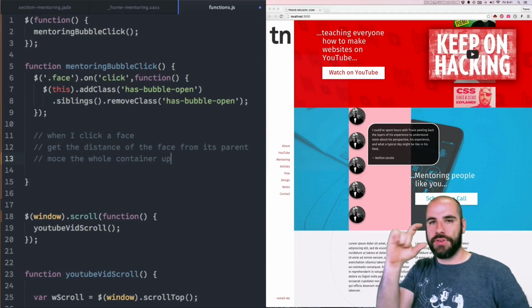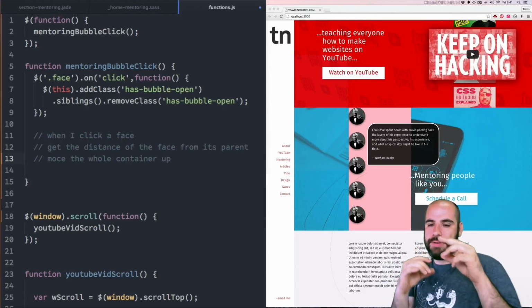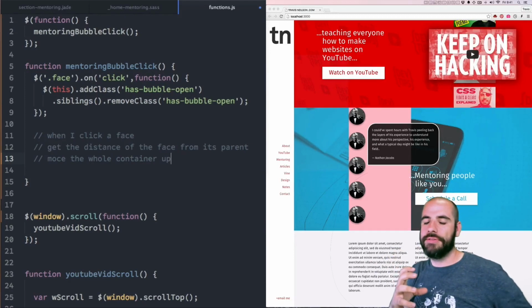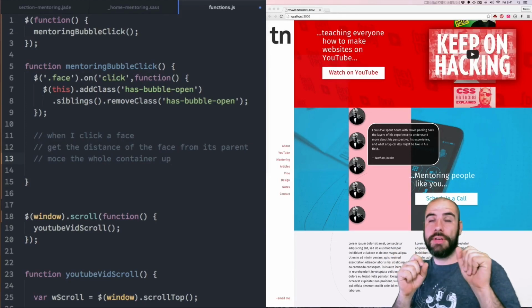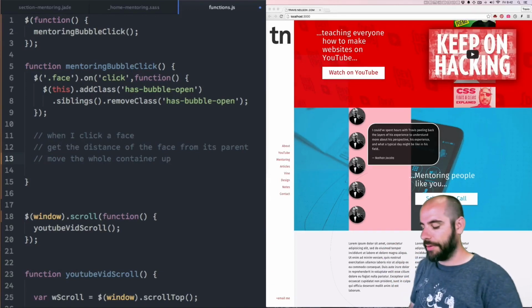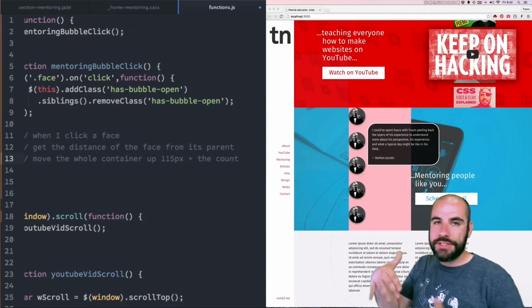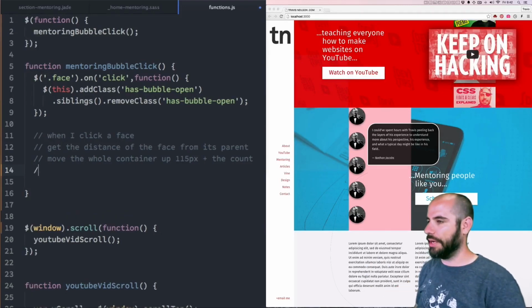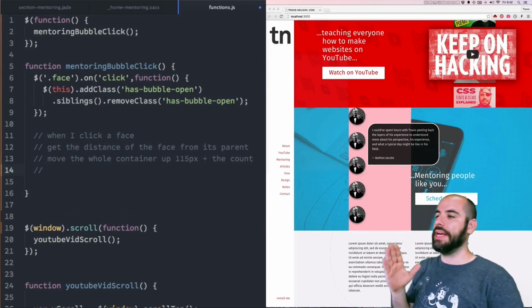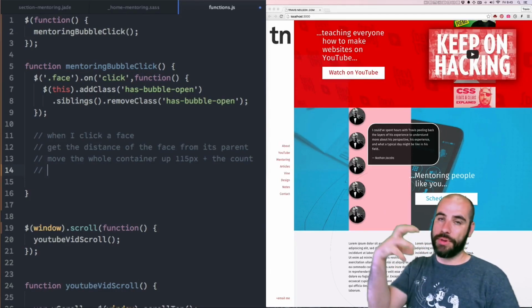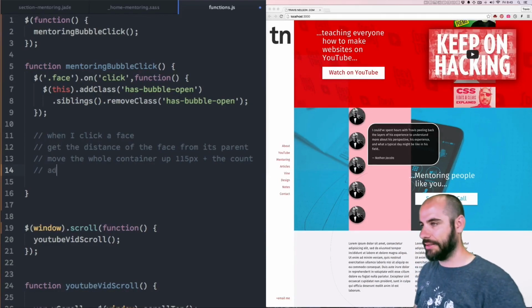So it's like 80 pixels for the avatar and 35 below it for the margin. So you want to shift it by an amount of like 115. 35, yeah, 115. So we want to move it up, let's say 115 pixels plus the count of however many it needs to move, or whatever the math is going to be at that point. But basically, it's that perfect distance. Once we get the distance, we have to move it the perfect distance to where it needs to be. And then, after we move it, we want to add that class,